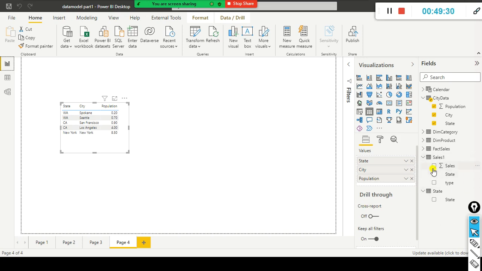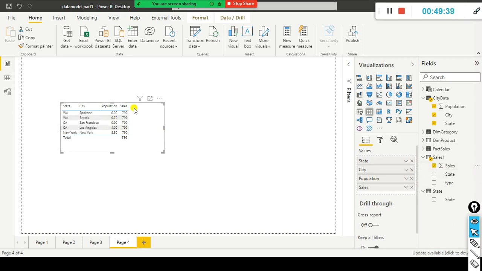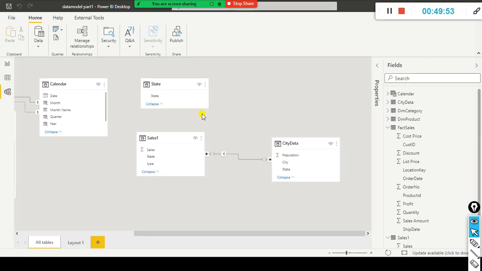I'm going to select sales in this visual. See, it is not doing the filtering correctly. It is repeating the same value. It adds all the sales values and then repeats this total sales value for each and every record, right? It is not doing the filtering correctly. So when I select the cross filter both,